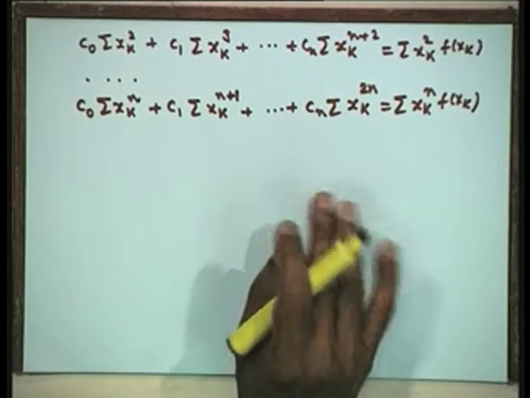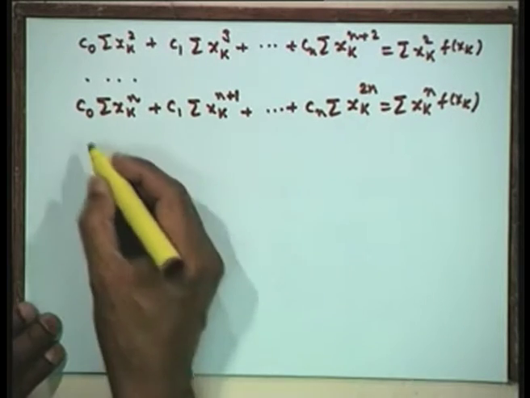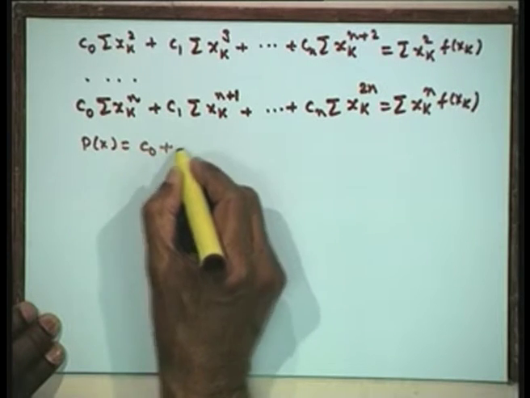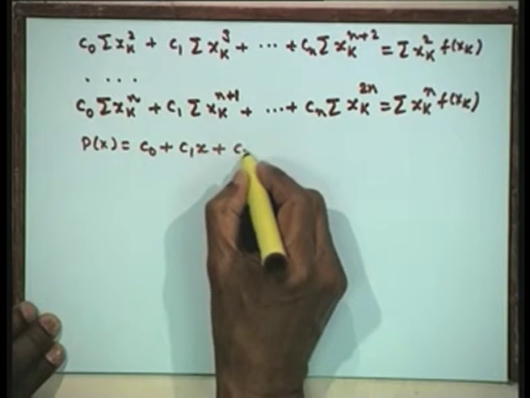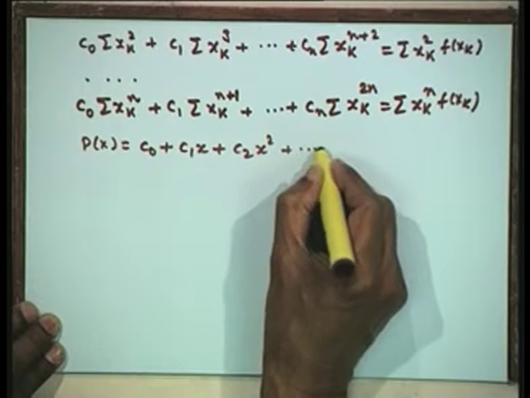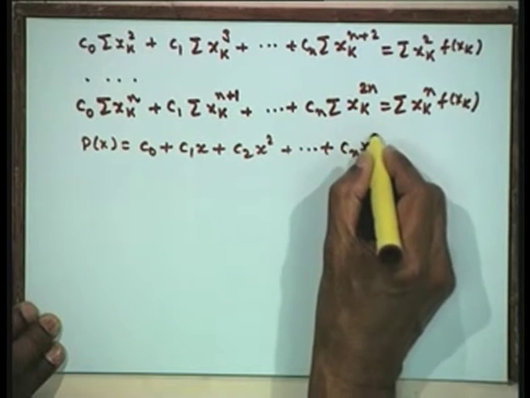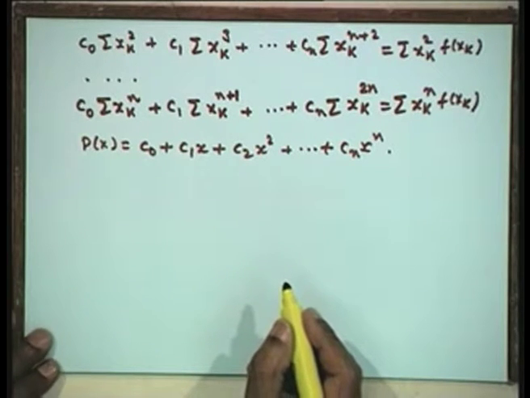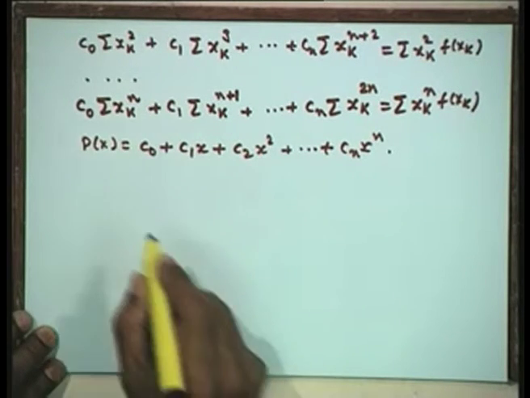These are the normal equations when you take it as a polynomial. What we have taken here is p x, we have taken it as a polynomial C naught plus C 1 x plus C 2 x squared plus so on C n x to the power of n. So, this is the polynomial approximation that we have taken here. Let us see how trivial it looks like in the particular cases.